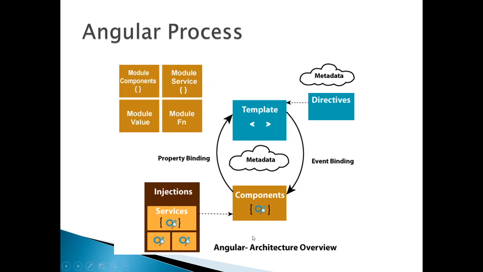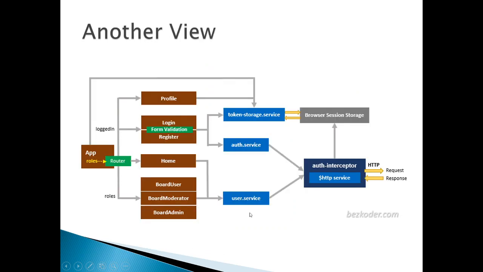has a TS file and a template file. The template means the HTML file. The HTML is displayed to your end user, and it contains the directives, and the service will be injected into our TS file. So this is what we have in an Angular application. This screen we have already seen. Every component will call alternatively a service to get some data from the REST API.